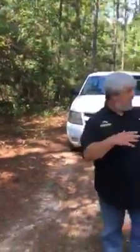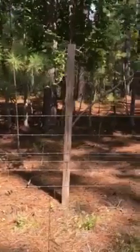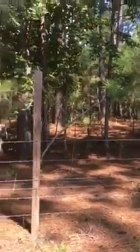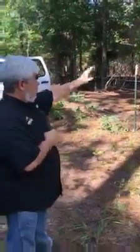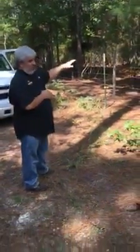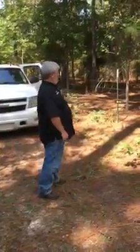Over on this side of the fence, we've introduced piney woods cows, and you can see pretty much most things that they can reach in their browse height, they eat. There's a few things they won't eat, gallberry for instance, but they'll come in here and they'll clear this up. You can see there's a lot more sunlight hitting this forest floor. This forest now is more ready to be restored and start moving back towards this savanna type system than this